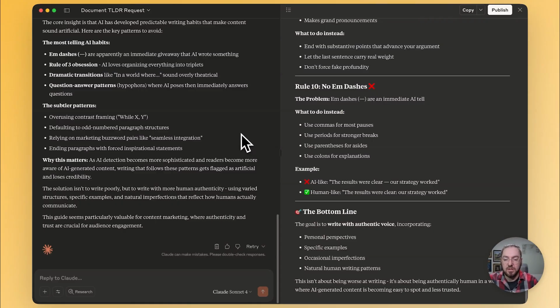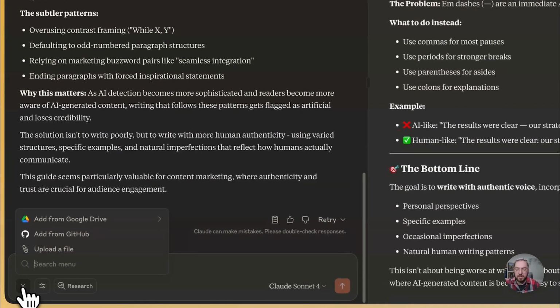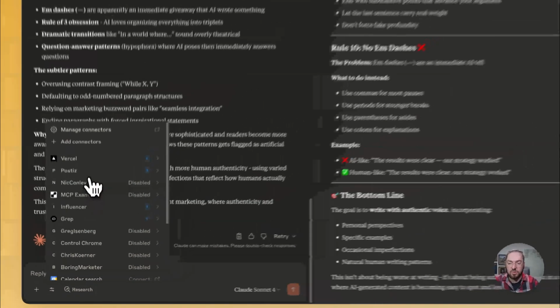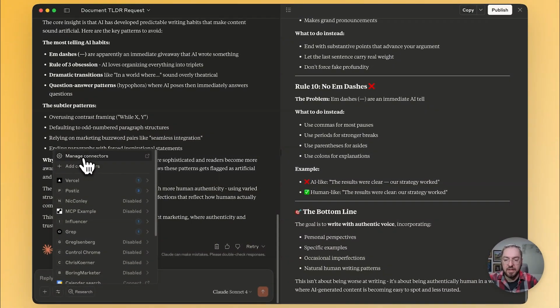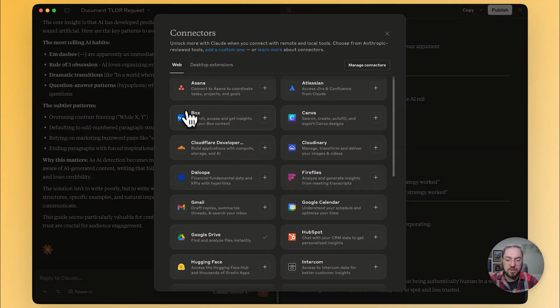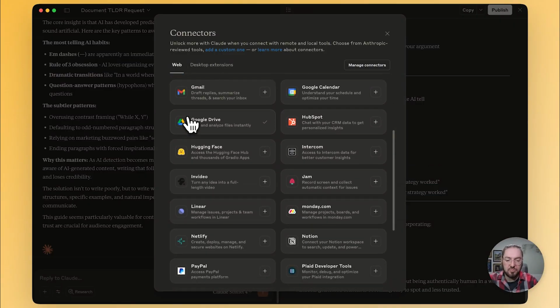And so if we go back down to here, you can click on Tools. If you scroll all the way up, you have this Manage Connectors or Add Connectors. We're going to go ahead and click Add Connectors. And what we're seeing is that there's multiple different types of connectors. So we have all of these web connectors that are pre-built,